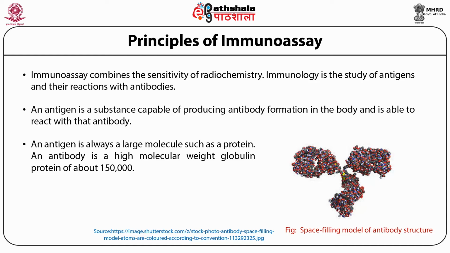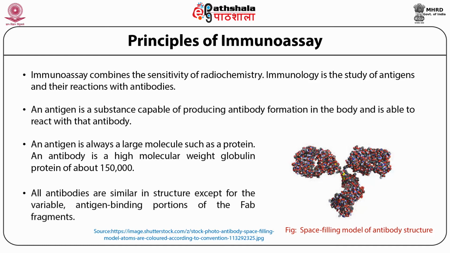The Fc fragment is of fairly consistent composition, and the Fab fragments have portions of variable composition and will specifically bind to a given antigen. The key domains lie at the terminal end of the Fab region, that is the shaded region, which forms the binding site for the antigen. The Fc fragment can also bend around so its end binds the antigen, but the Fab is the main binder. All antibodies are similar in structure except for the variable antigen-binding portions of the Fab fragment.